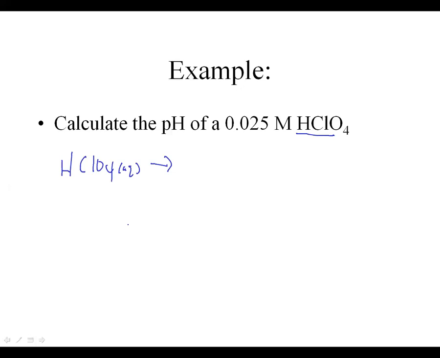We should have the H plus concentration and the ClO4 minus, again in solution 100% these guys on the product side. Since we know that this whole thing has a concentration of 0.025, the H plus will also have 0.025 as